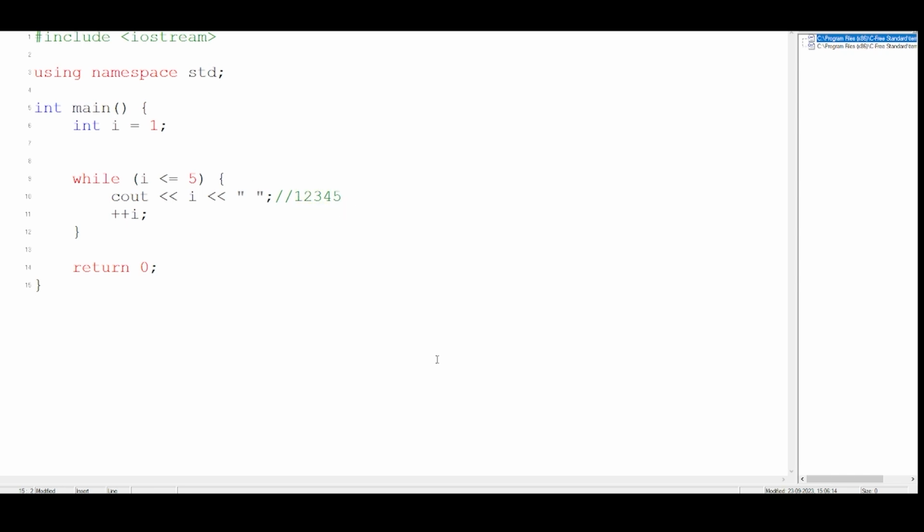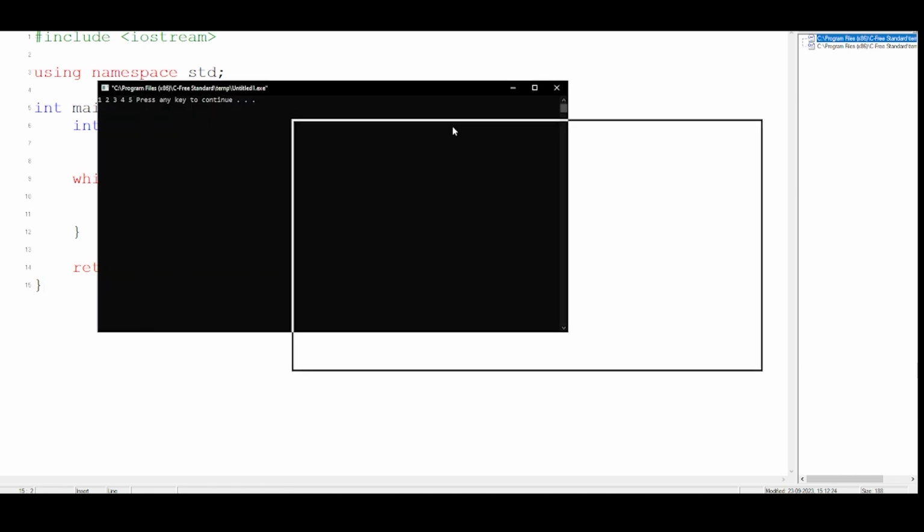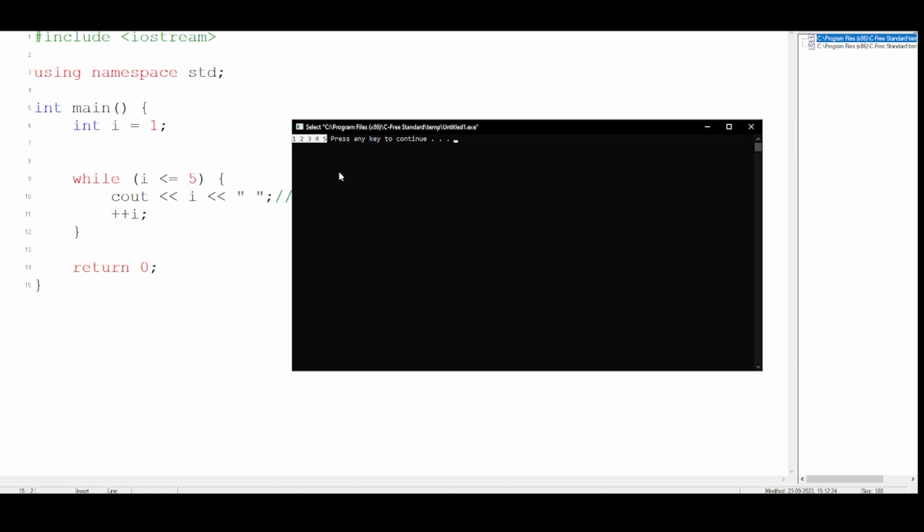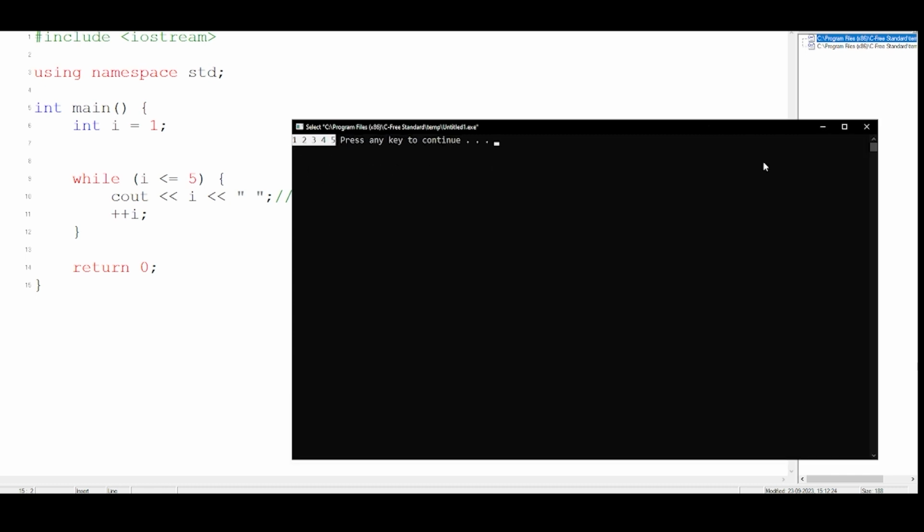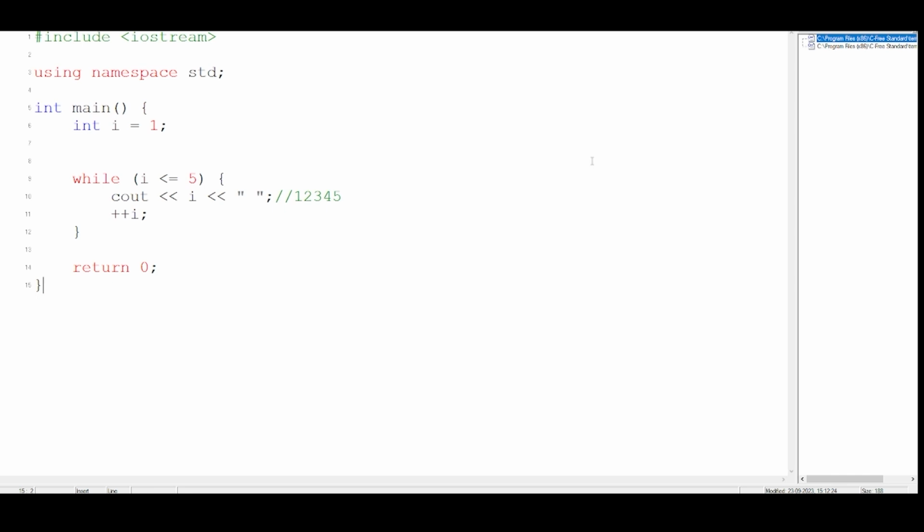So let's run the code once and let's see if we get the output that I have written, which is 1, 2, 3, 4, 5. So as you can see, we are getting the correct output as 1, 2, 3, 4, 5. So you can put different conditions for how the loop will behave. Once you change the condition, the loop will completely change.